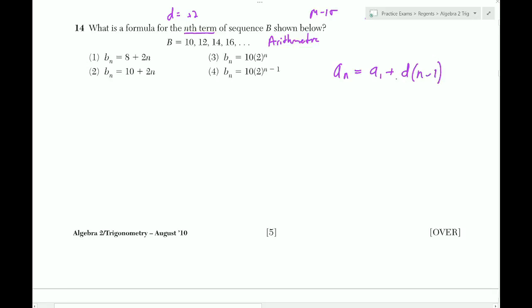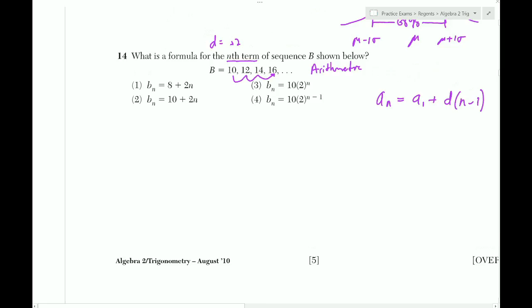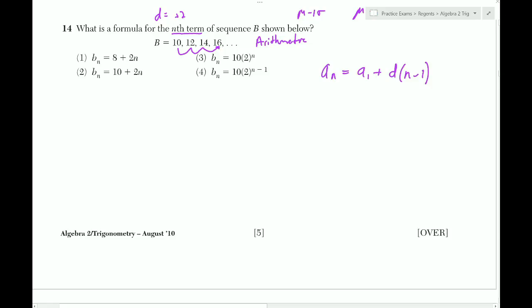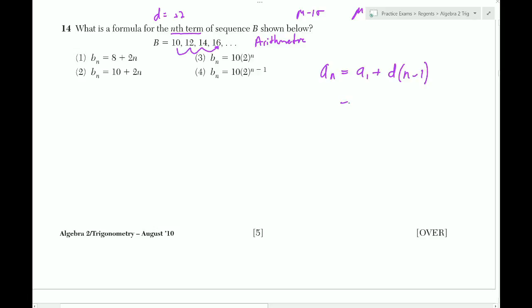So basically we have to add the common difference n minus 1 times. So those are the jumps, right? So we have to jump 1, 2, 3 times to get to the 4th term, for example. So yeah, we just have to plug this in. So the first term is 10 plus 2 times n minus 1. And we're just going to leave it as n for now. So we get 10 plus, and we distribute this 2, we get 2n minus